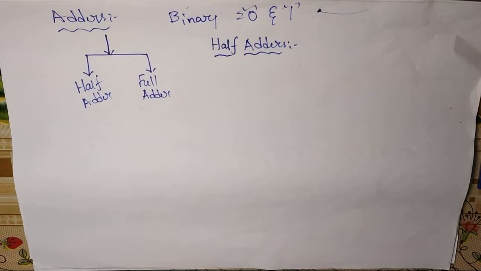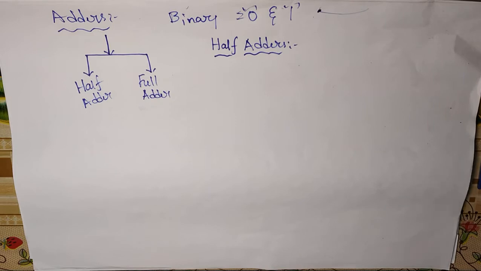An adder is a digital combinational logic circuit that is used to perform mathematical addition on binary numbers. Therefore, these adders are also called binary adders. Binary adders add binary numbers, called zeros and ones. Adders are basically classified into two types: the half adders, and the second type of adders are called full adders.